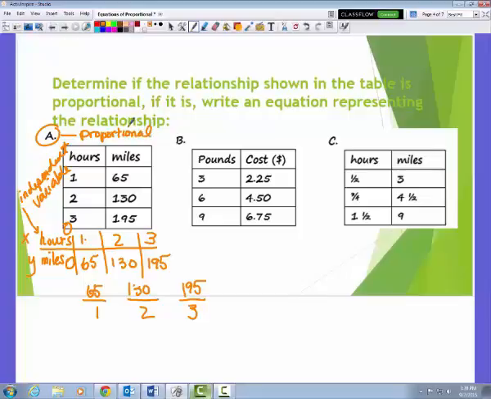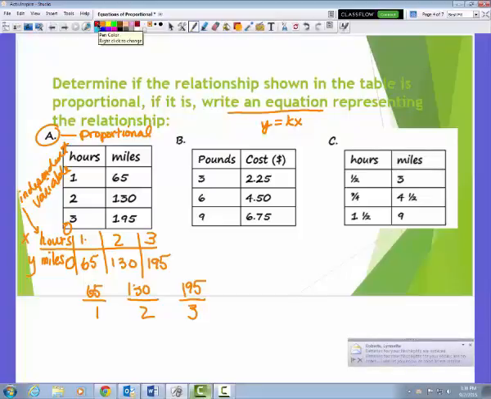It's definitely proportional. Okay, A is definitely proportional. But I want an equation. And when it says equation, I'm thinking y equals kx. All right, so this is going to be really new for us. Because I get the same ratio every time,